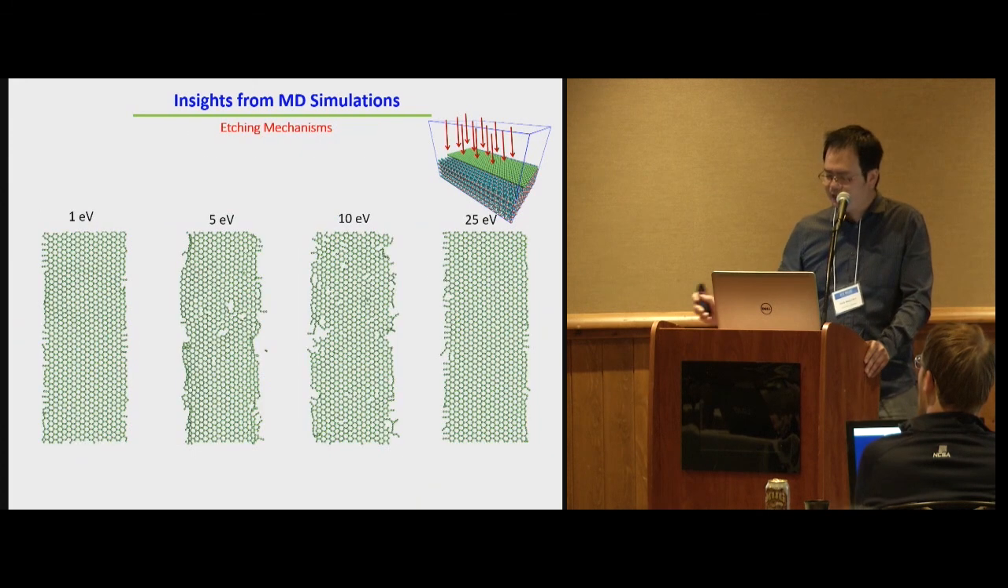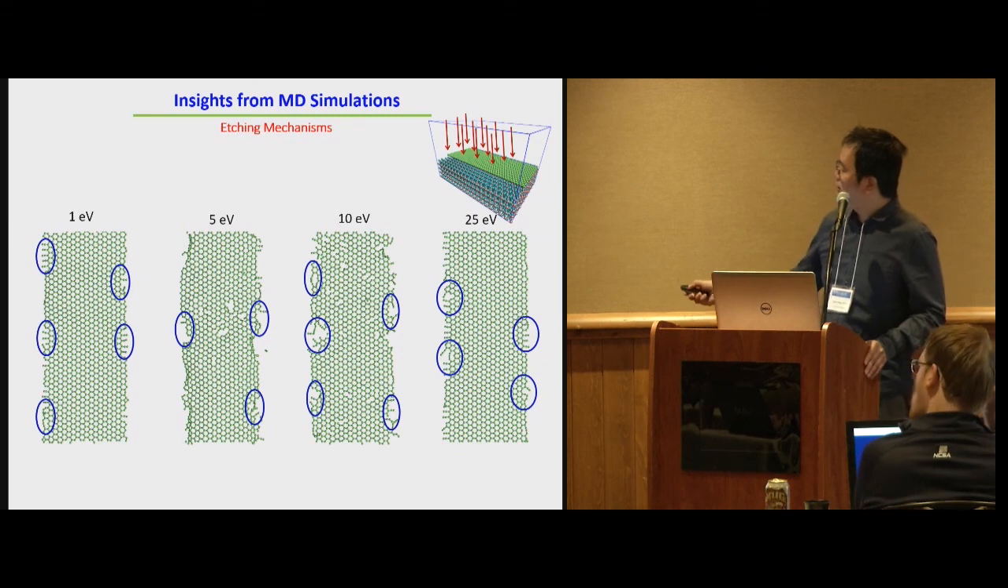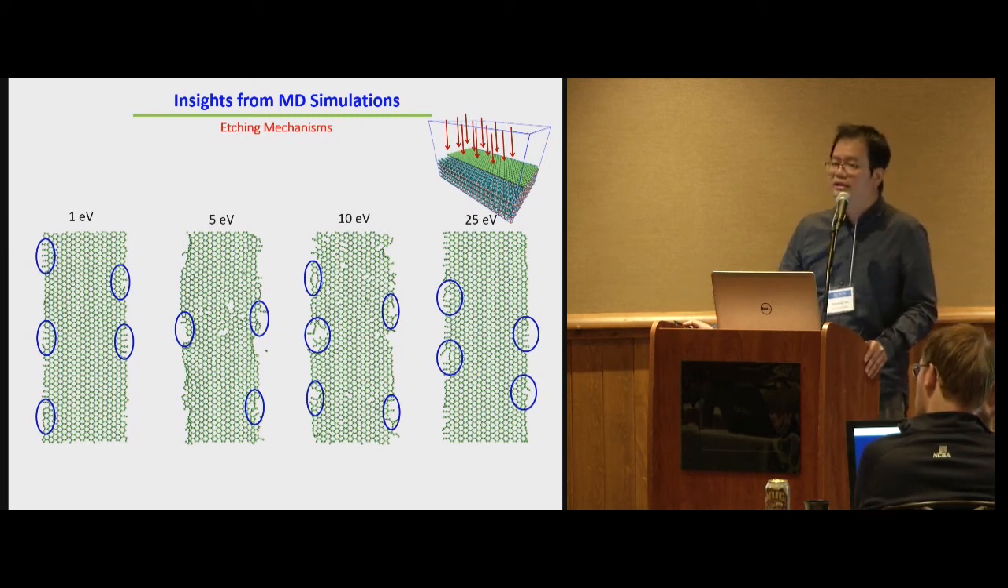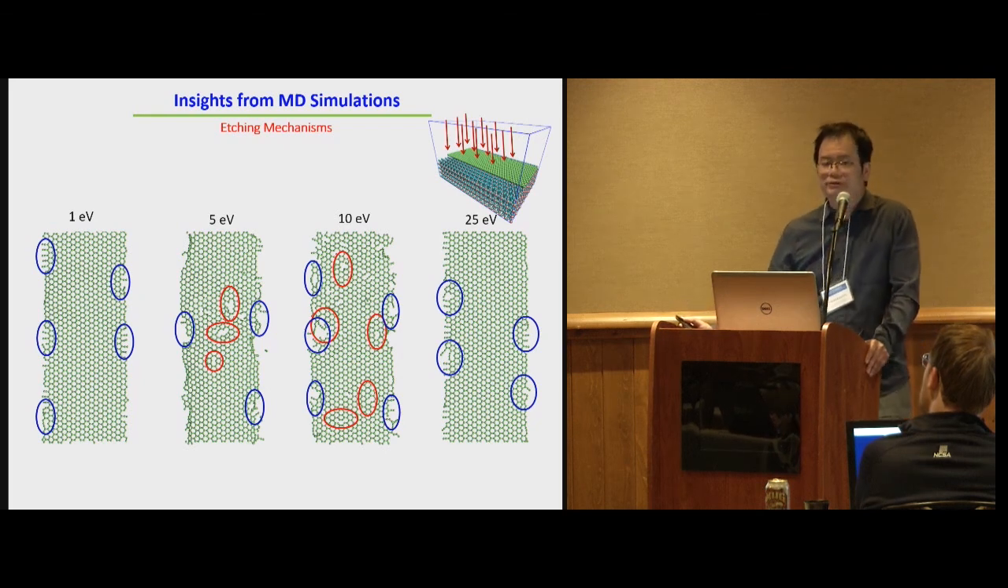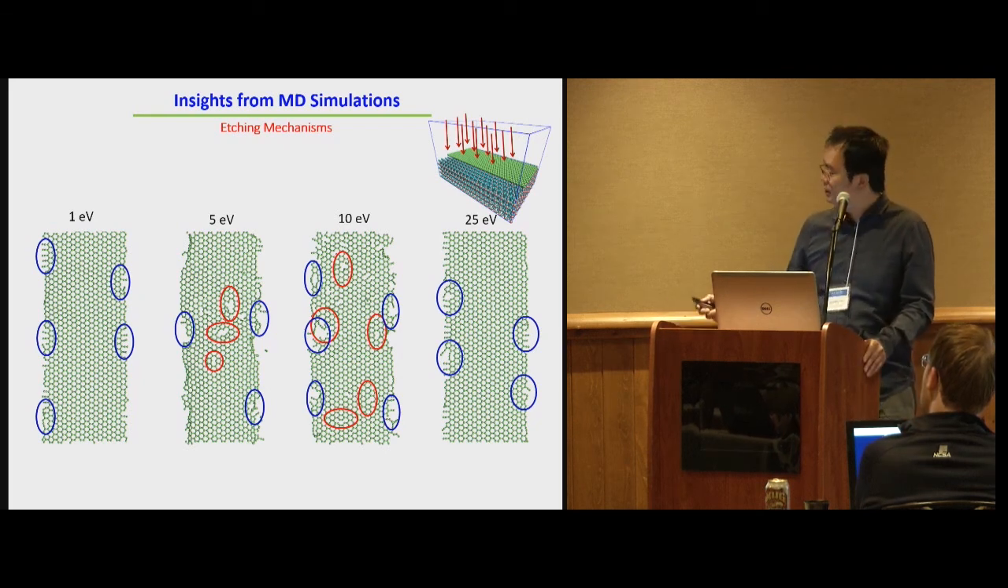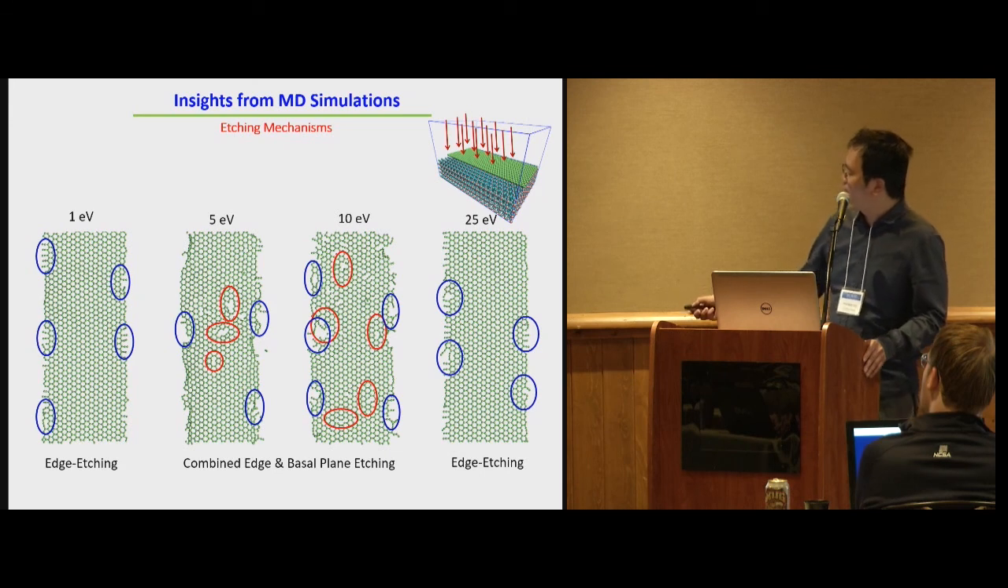Now to see this more clearly, let's filter all the atoms out to show only the graphene sheet. And what we can see here, a circle in blue, is damage caused by etching, caused by hydrogen ion interaction. And over here we have basal plane etching. So we have a very clear transition here from selective etching at 1 eV and 25 eV, and combined etch and basal plane etching at ion energies in the